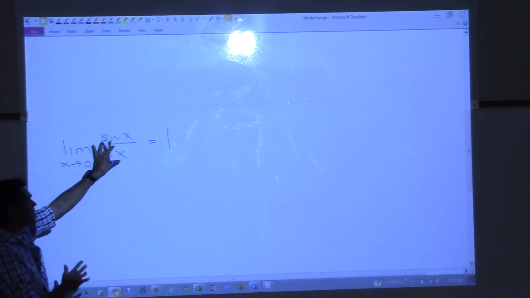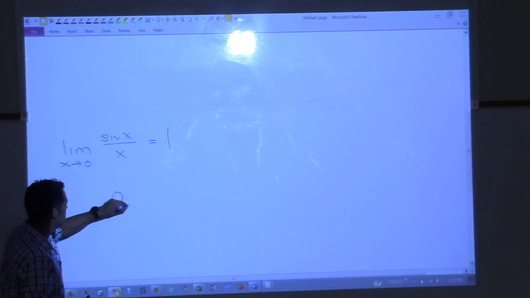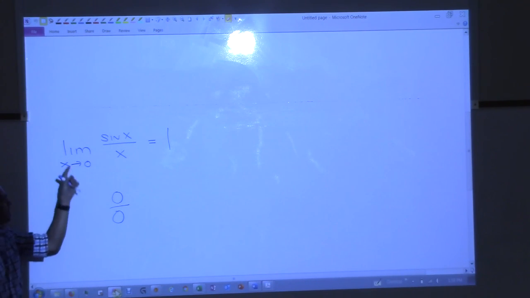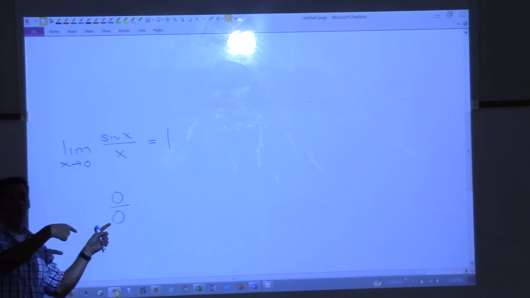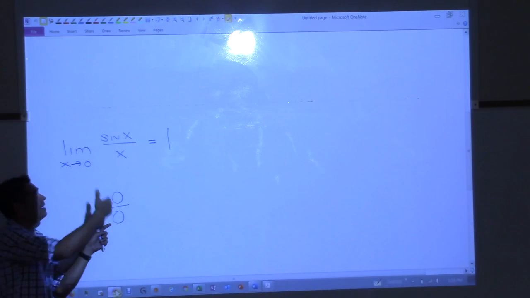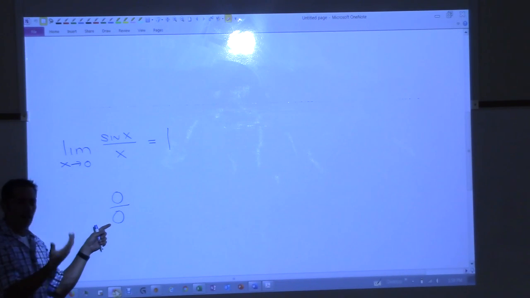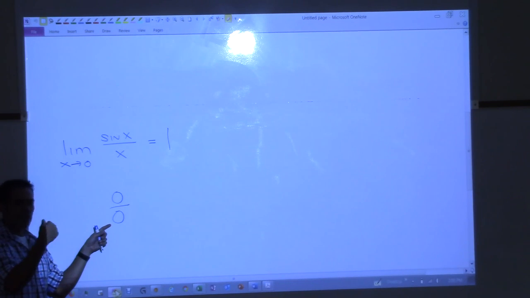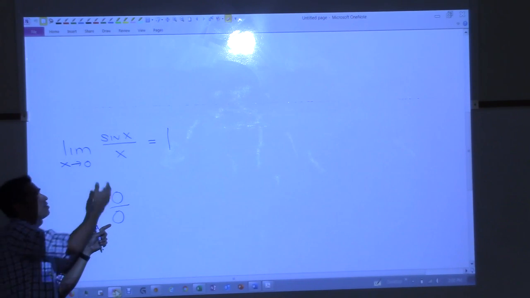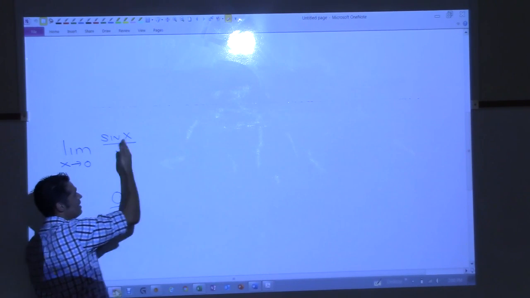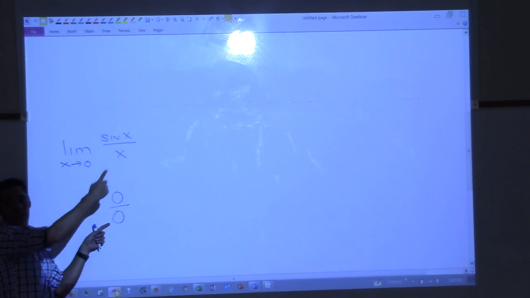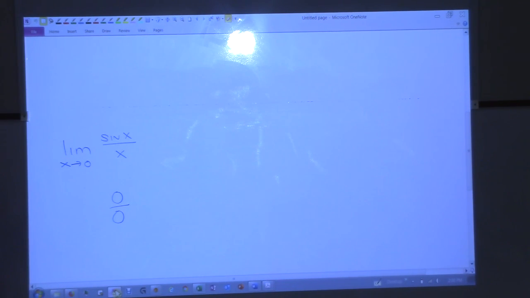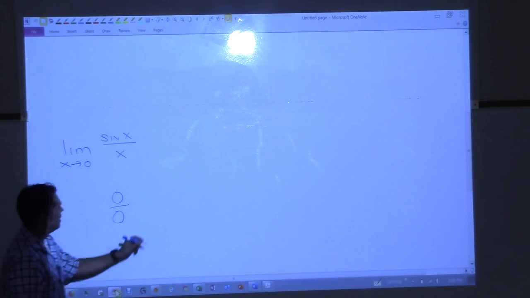But the issue we had was when we tried the limit, we got 0 over 0, right? And remember that sheet I gave you with all the little forms? Anytime we took a limit and got 0 over 0, we always tried to do some algebra or some trick. And here with sine x over x, there's no algebra you can do. There's no trick you can do. You can't factor, you can't cancel, you can't come in with the conjugate. There's nothing you can do algebraically to make that turn out to anything that's going to get you to 1. So we have 0 over 0. We have a problem, right? All right. We also had problems in class where we got